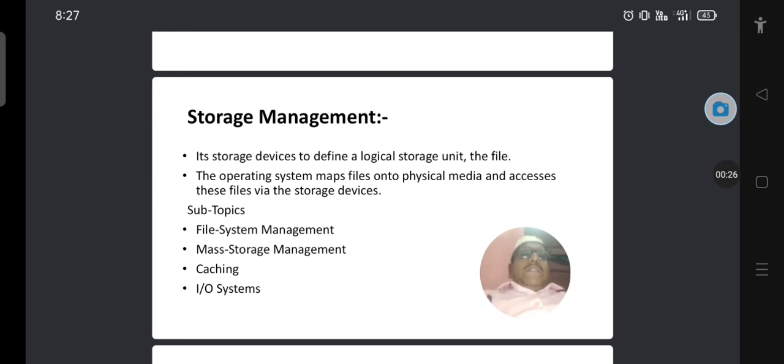Storage management: storage devices define a logical storage unit. The operating system maps files onto physical media and accesses these files via the storage devices. The topics are file system management, mass storage management, caching, and I/O systems, as displayed on the slide. First, file system management. Second, mass storage management. Third, caching. Fourth, I/O systems. Now we can go to the